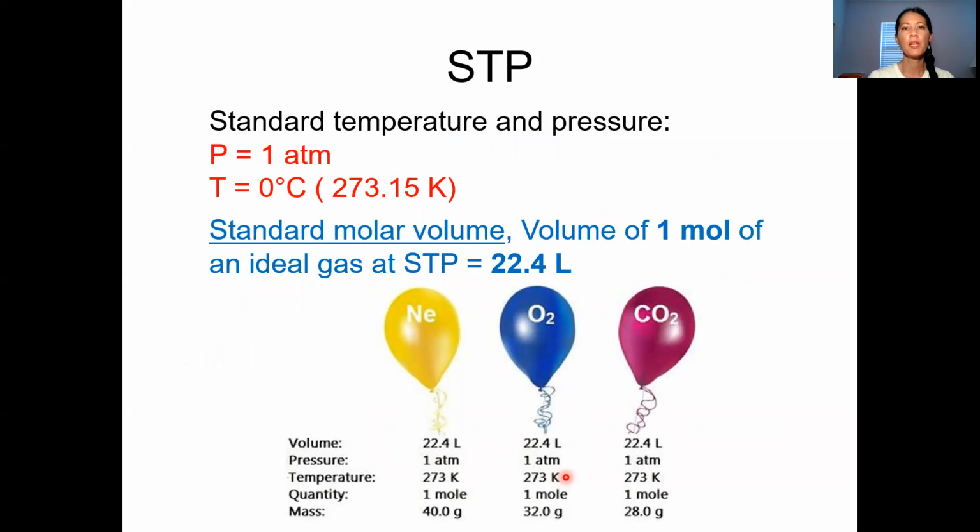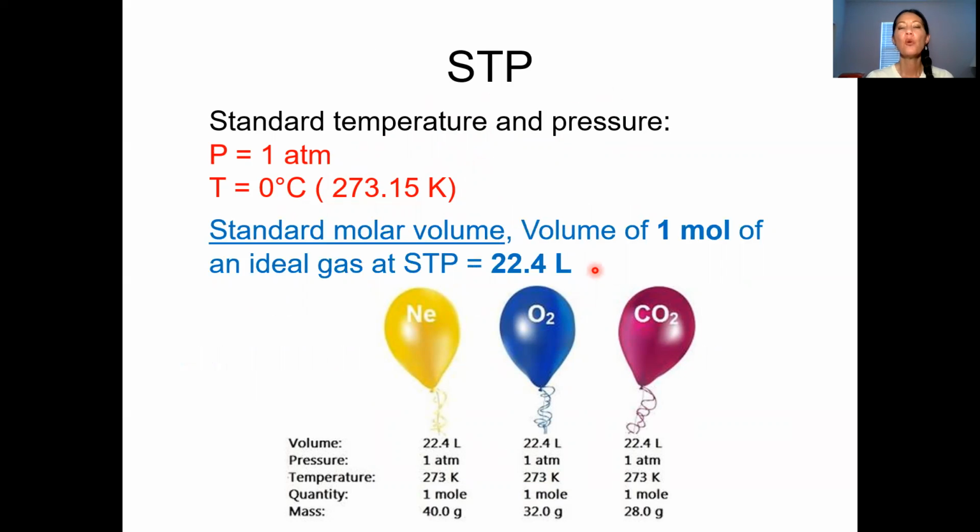The last thing before we hit the problems is talking about STP, which stands for standard temperature and pressure. That pressure is 1 atm. That temperature is 0 degrees, but think of it in Kelvin because that's what you need, 273.15 Kelvin. What's interesting is if you use the ideal gas law and you plug in 1 mole and these conditions, what you can solve for is the volume of 1 mole of an ideal gas at STP, and you get 22.4